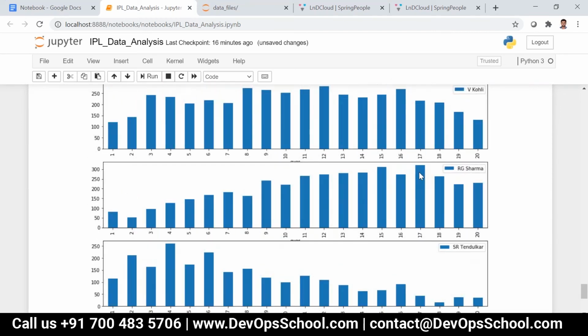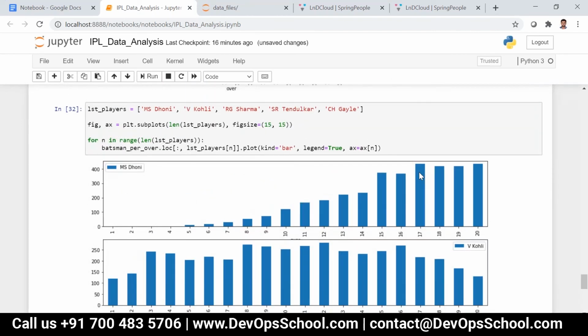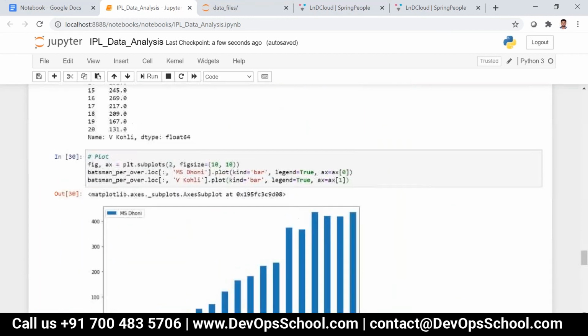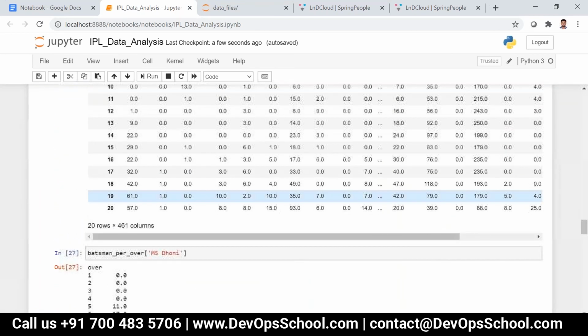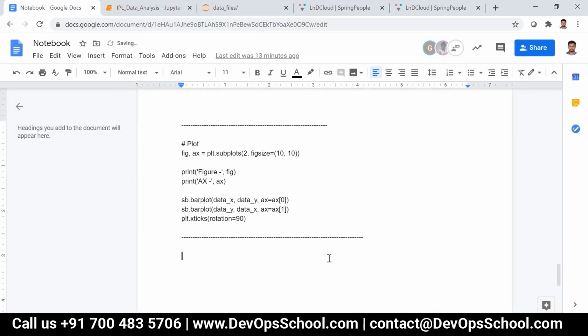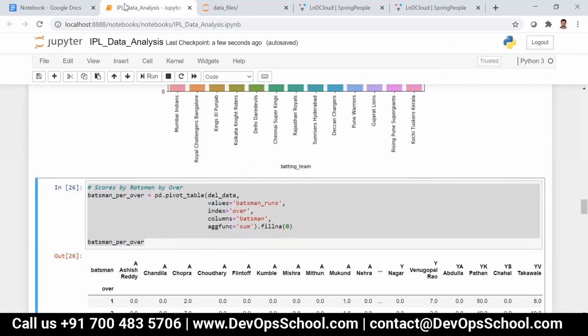Like this you can plot for any number of players actually. So the subplots will be plotted dynamically, depending on the number of players. This is how you have to plot for n number of players basically. So please try it out. So guys, getting it right, everyone? Yeah, okay.